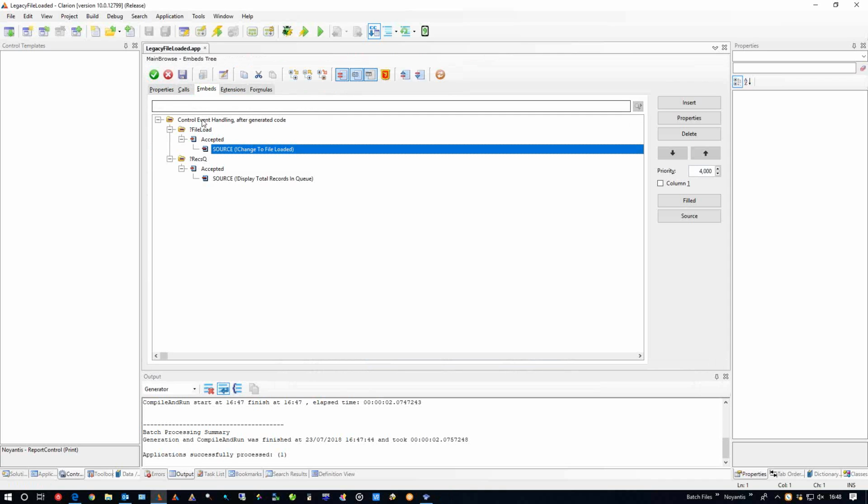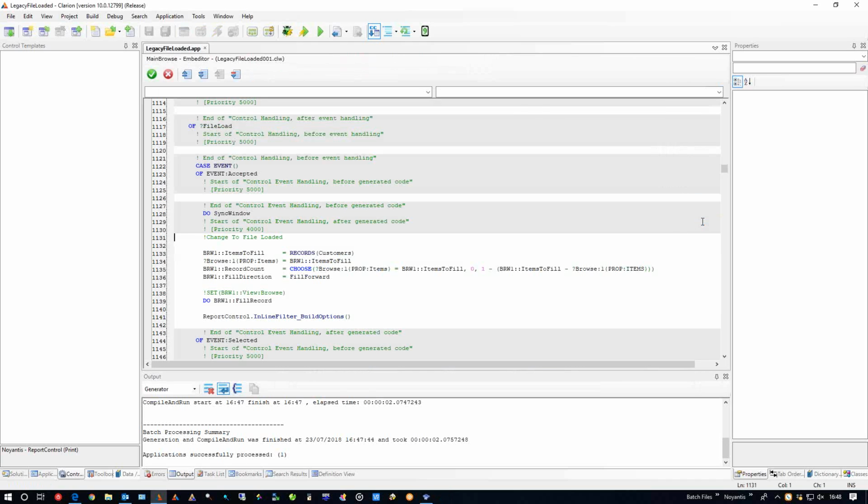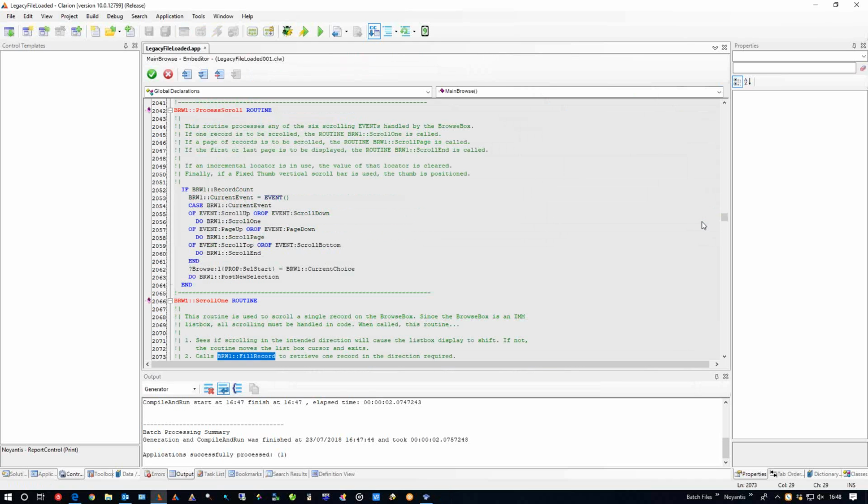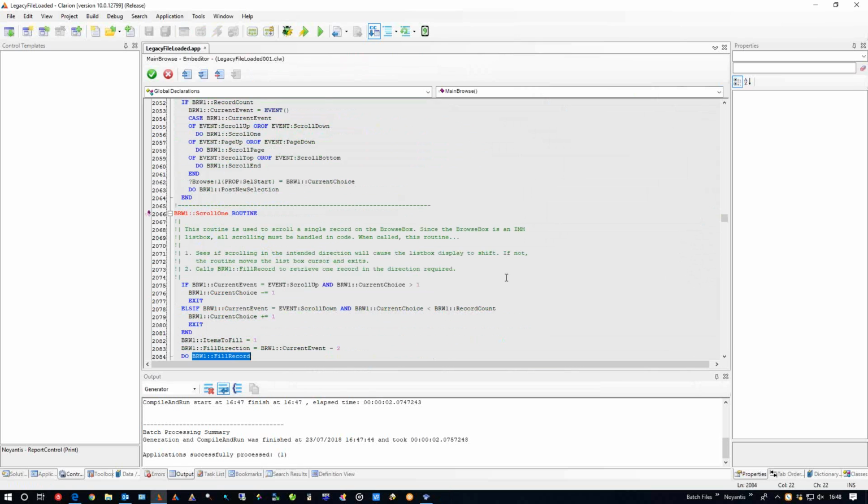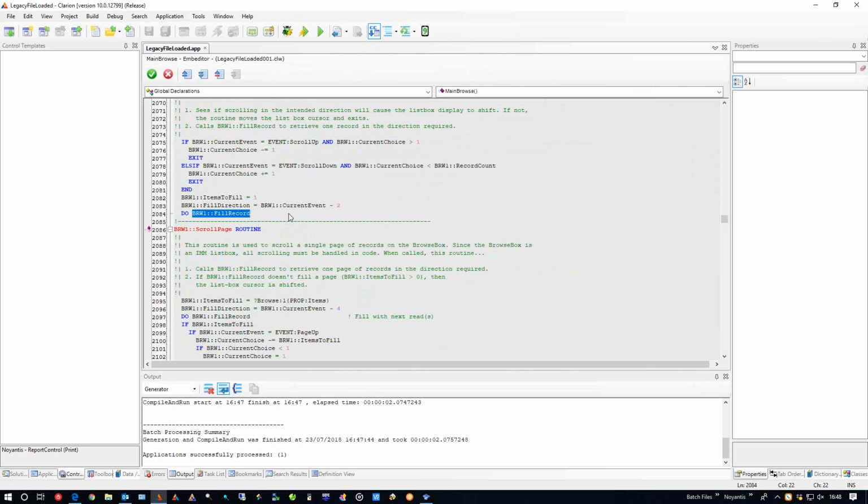Let's take a look at fill record. Fill direction.